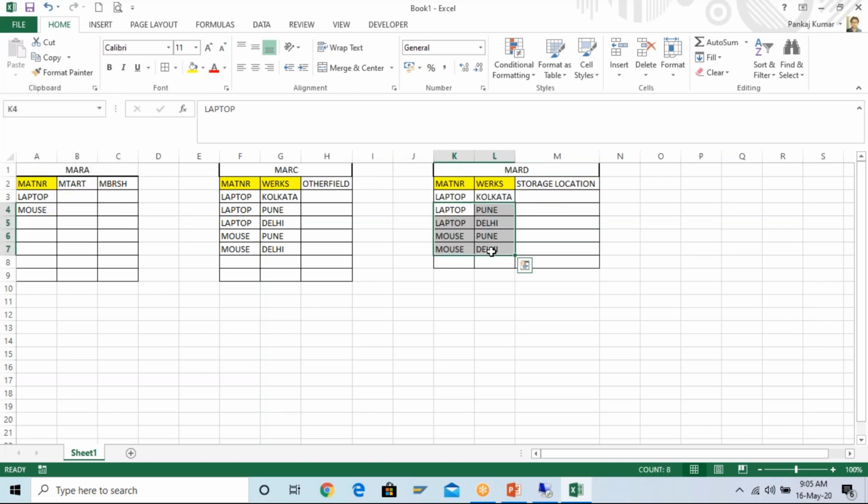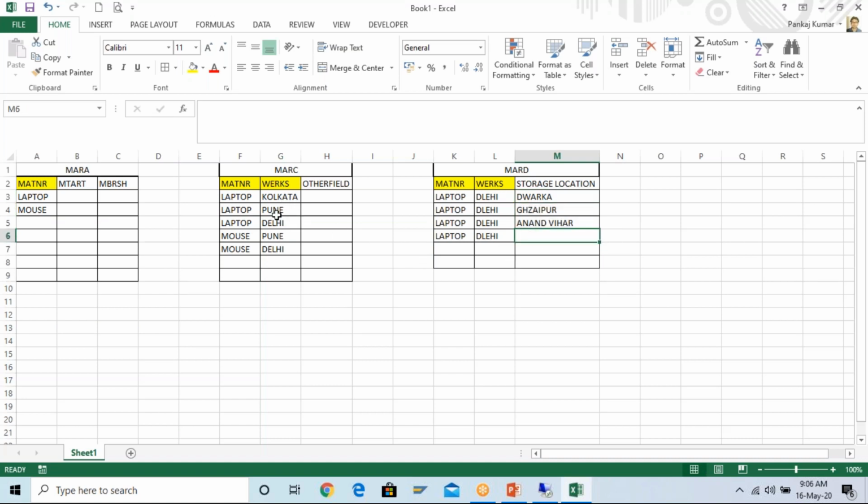So a laptop in Kolkata can be stored in Howrah, let's suppose. I don't know the exact places, so I'm just going to use Delhi, because I know about it. In Delhi you have Dwarka, right? A storage location. You can have Ghazipur, you can have Anand Vihar, so something like that in different storage locations.